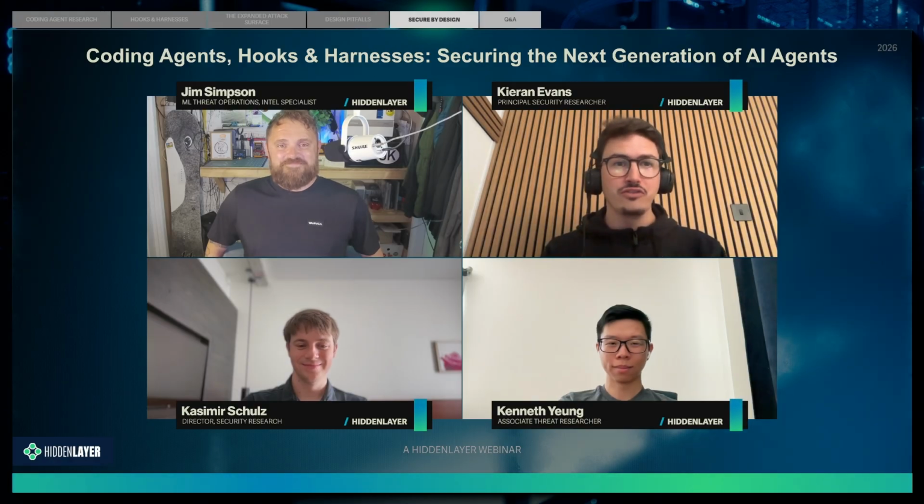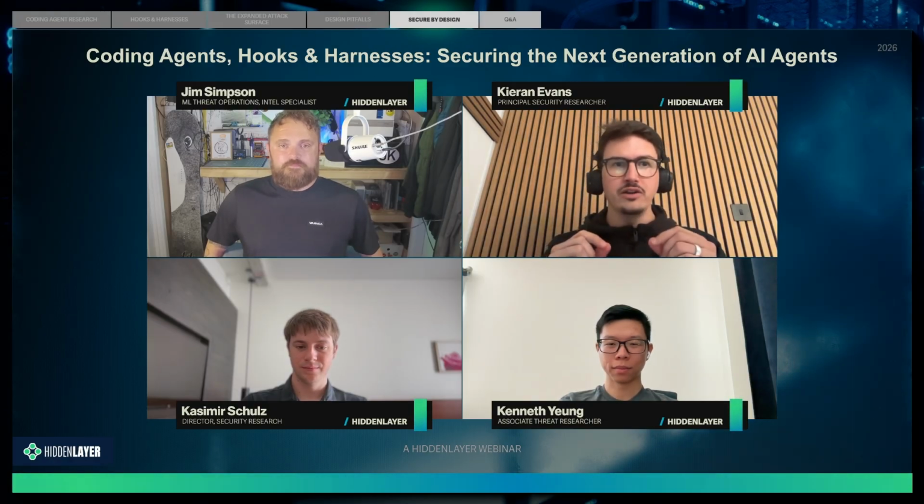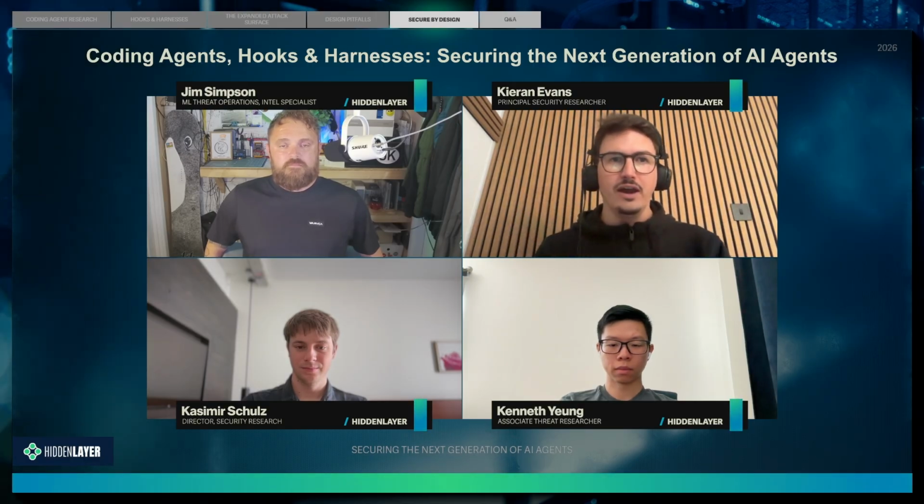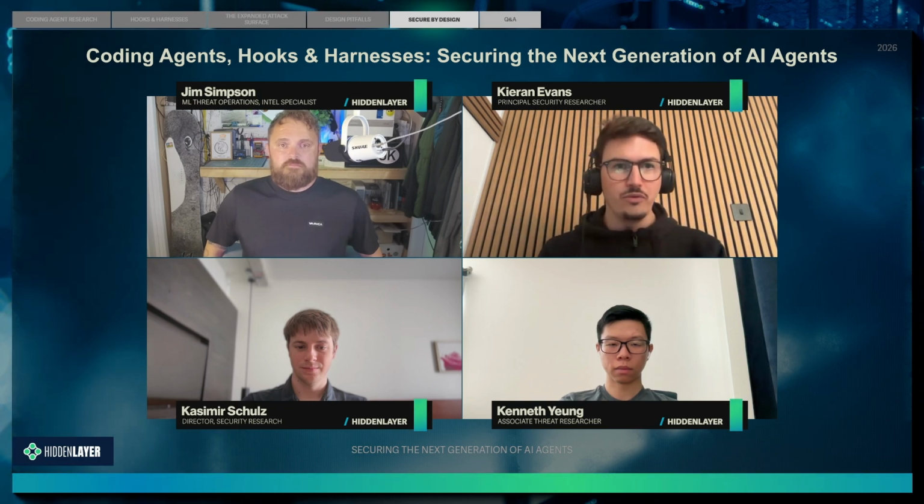Cursor are really responsive. I've had a few things where I'm like, oh, I want to be able to see this, but I can't. And I feel like I should be able to see this. And so you submit a ticket and they're like, yeah, we'll look at that literally the same day. So yeah, an example would be